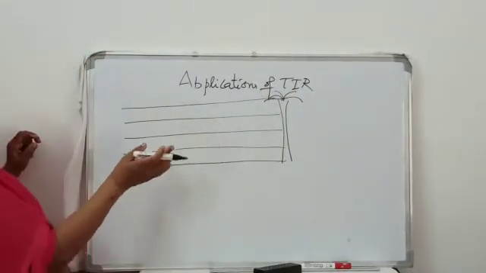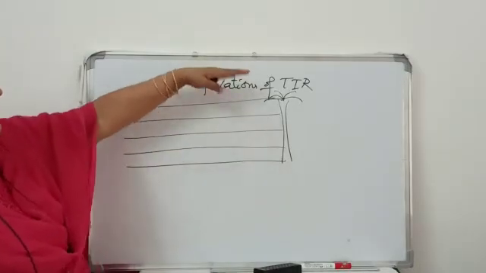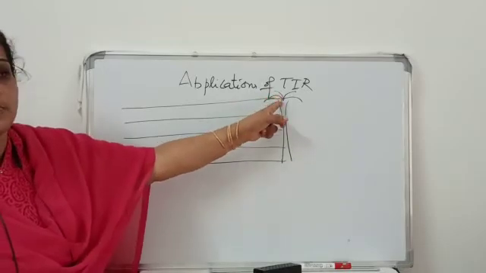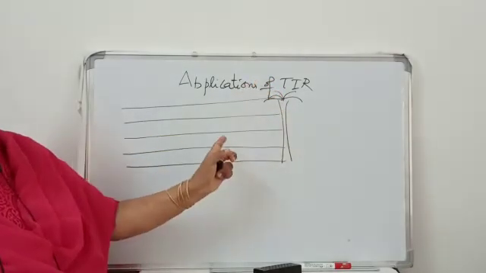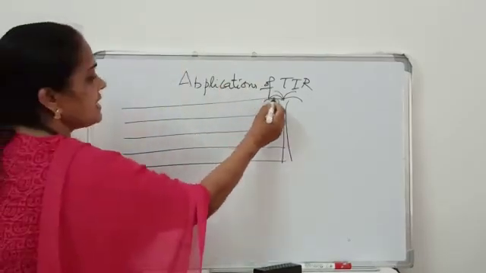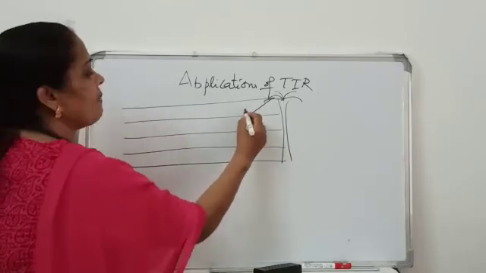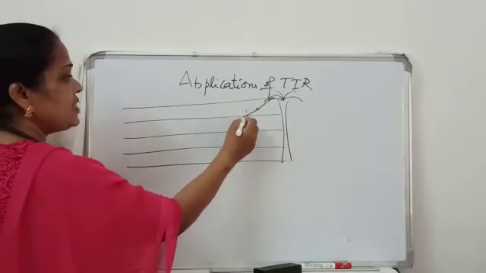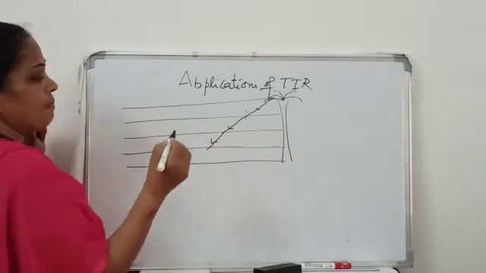These are the different layers of atmosphere. Here it is less dense. As you go higher and higher, density goes on increasing. So light from this object, that is the tree, is actually coming from denser to rarer. When it comes from denser to rarer, it has to bend away from the normal. So each time, it is from denser to rarer and it will be bending away from the normal.